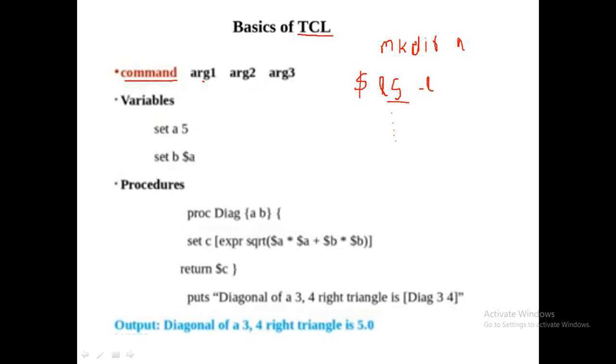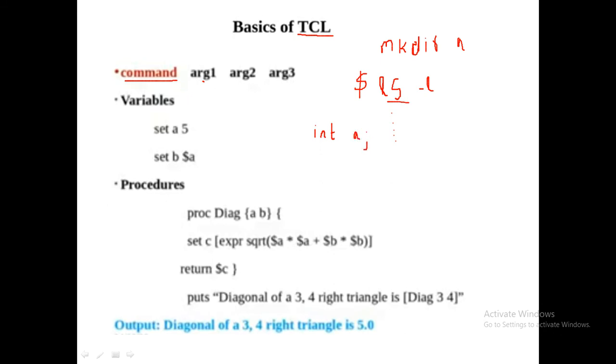Now let us look into some of the basic things of our tool command language. First is the variable. Now how to declare a variable? You know that in C or C++, you need a data type. Like if you want a variable of type integer, you say int a semicolon.